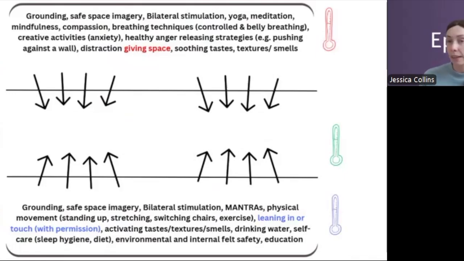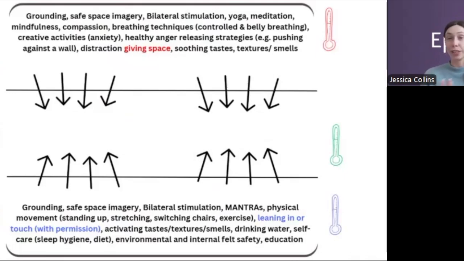There's lots of different breathing strategies out there that you can support clients to use. Using the sensory world is really helpful. So asking people to ground through their senses, noticing senses within the room. So, notice 4 items that are the colour green, or notice 4 things that you can hear, or 5 things that you can see. These things reorient the person to the room that they're in, the present moment, or actively engage the senses in things that the person finds calming and soothing to slow them down.